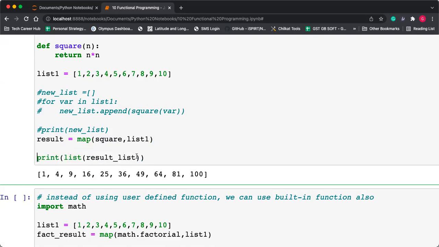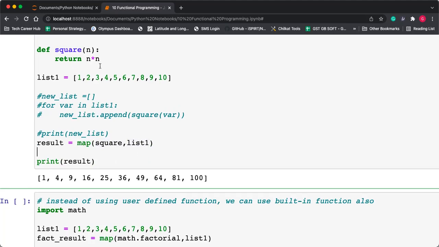Let's see here. If I'm directly printing the result, let's see what the output is. I'm using the map function, which will apply the square function to each and every item of the list 1. It will create the square of each item: 1 square, 2 square, 3 square. And the result will be stored in result.